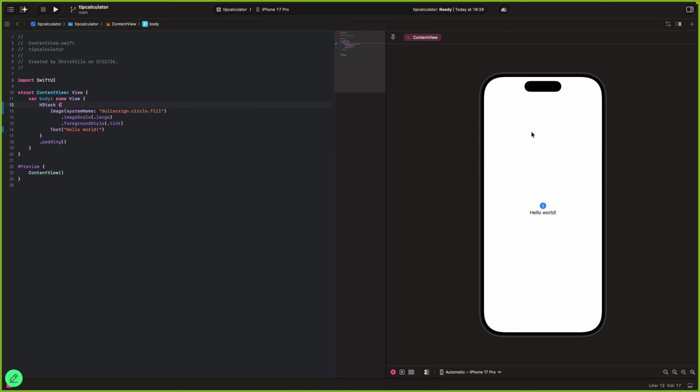Just wait until it charges up. And you can see now that it's horizontal with the image on the left and text on the right. It's always gonna organize the elements in the order where it finds them here in the code. And you can even do something like stacking, where you can do an HStack inside of a VStack.